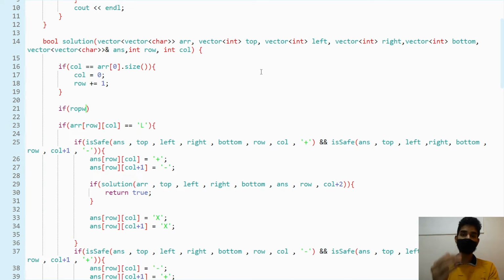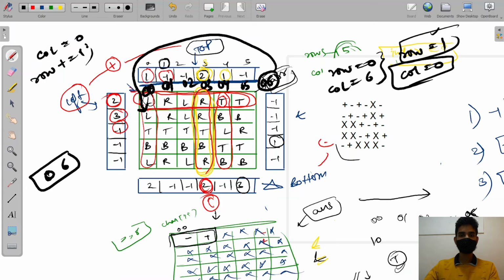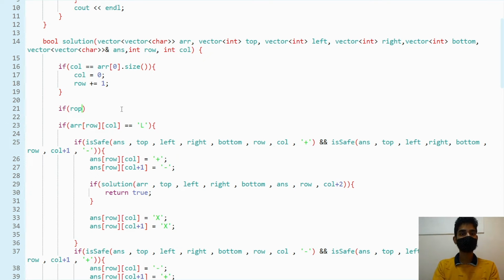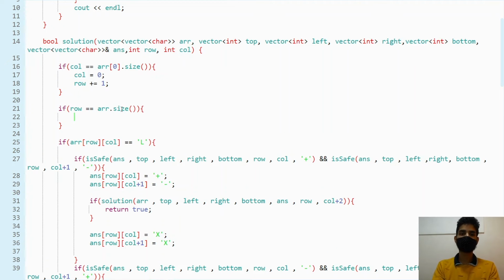Now, if row is moved out of bound, that means if I am present at 0 1 2 3 4, so if I am present at 5 0, in that case you can say that I have traversed the whole character array. In this case, I have to check whether the answer which I am getting is correct or not. So we have to create one more function. So row is equal to array dot size. If this is the case, then you have to simply check if